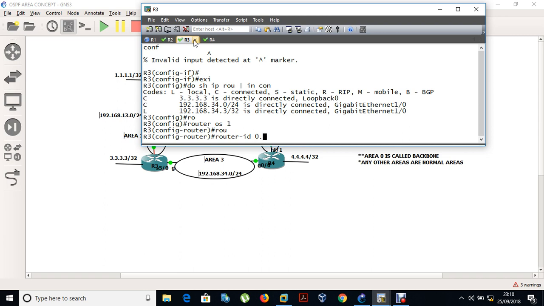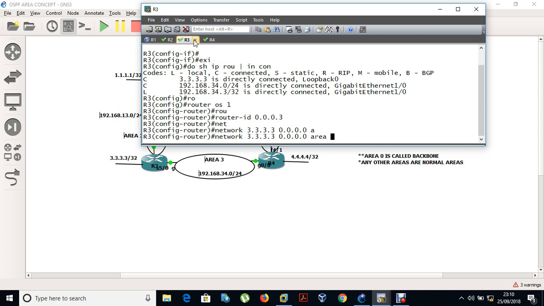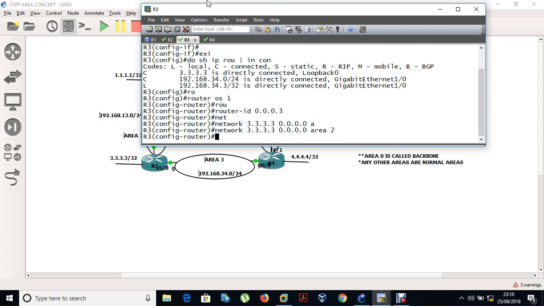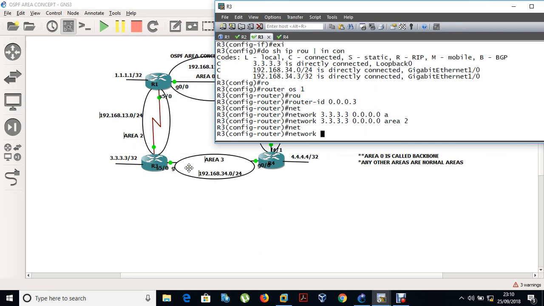Always remember router ID 3, and the network. Area 2. I'm going to advertise on area 3 as area 2, and the network